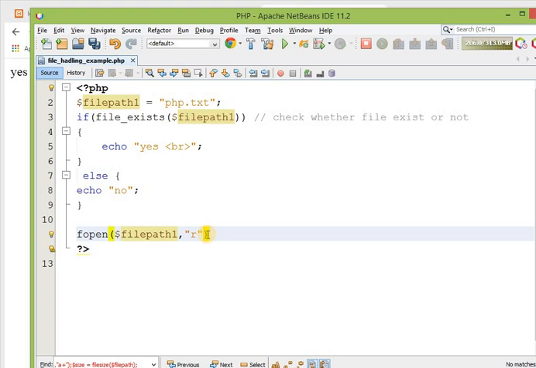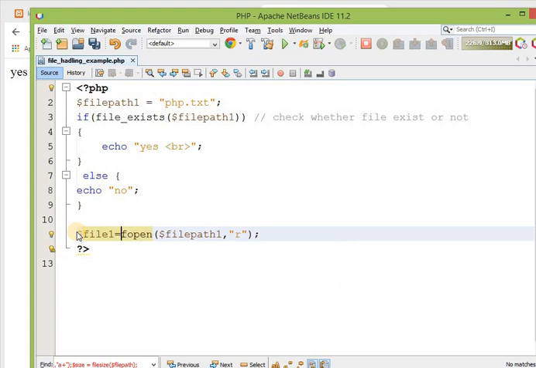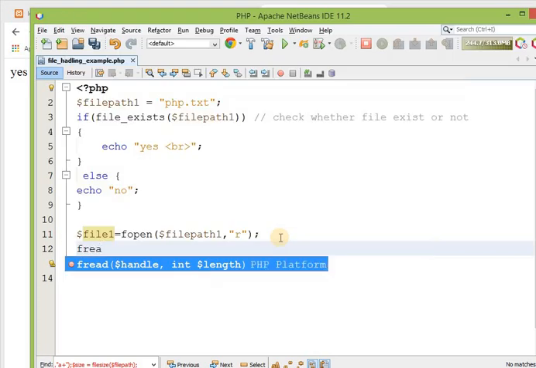This is read only. Now this fopen function will return a handle, or I can say a resource. So there is one variable to catch this resource, and this will act as a handle to that particular file. It will act as a handle to php.txt. Now I can read the particular file, so fread.